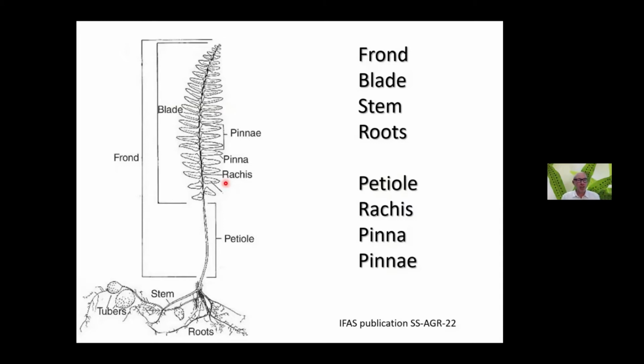So early scientists saw similarities between the fern blade, the fern frond, and the feather, and borrowed the terminology from that. So frond and blade and stem, this underground stem where each of the individual leaves or blades or fronds is produced, and roots, those are all pretty common, easy to understand words. A little bit more heavy duty when we start talking about this idea of a petiole and the rachis and the pinnae and the pinna,